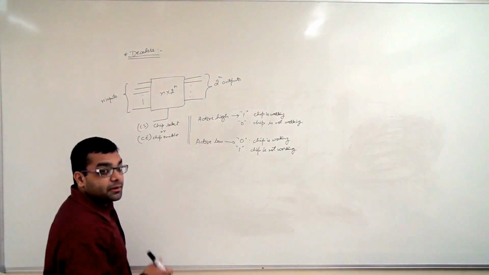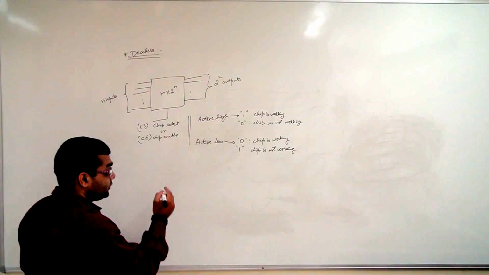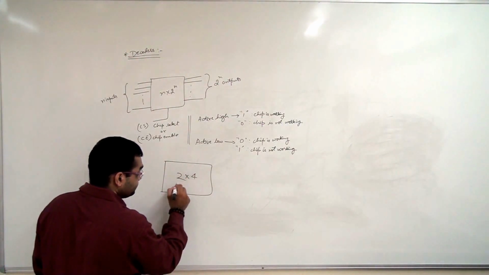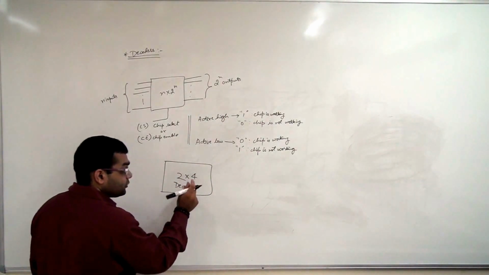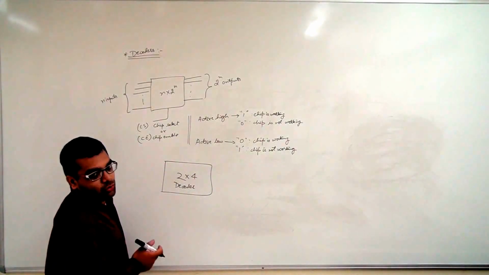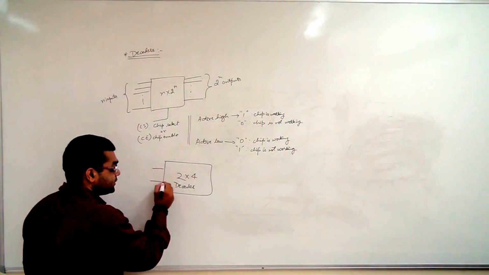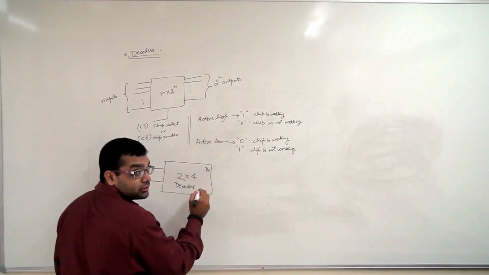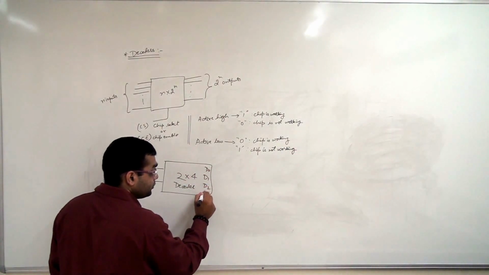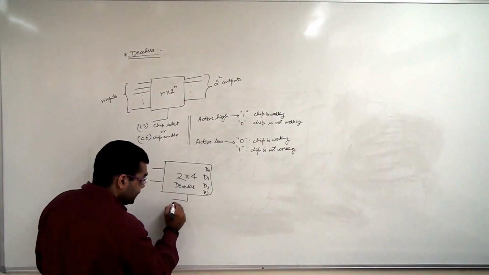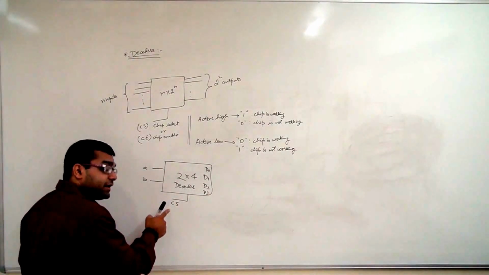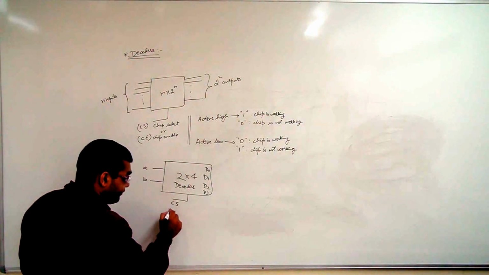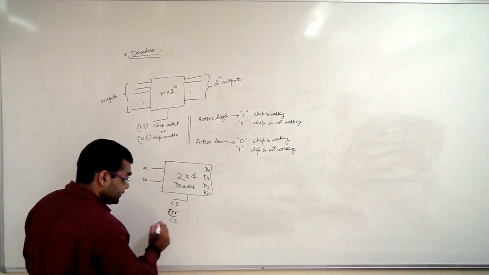Alright, so let us see a particular example of the decoder. Let us talk about a basic 2x4 decoder. Now this 2x4 is actually called the size of our decoder. We have two inputs, say A and B, and we have four outputs, D0, D1, D2 and D3, and a chip select. Now writing it in this way is called the active high configuration. If we write it in this way, this is an active low.